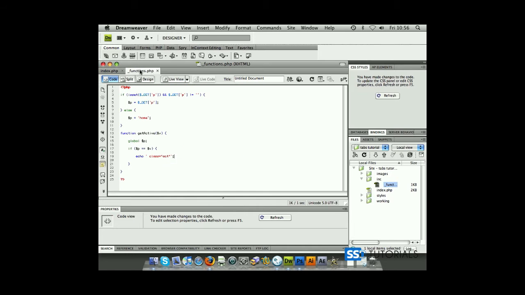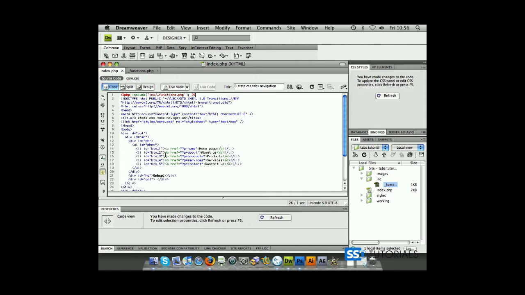Okay, now we also need to apply this function to our buttons. So let's copy the name of the function. First, we're going to apply this to the li tag. So open in PHP tag after the ID, name of the function, semicolon, and closing PHP tag. Now change the v parameter to the name of the link, which is home in this case,